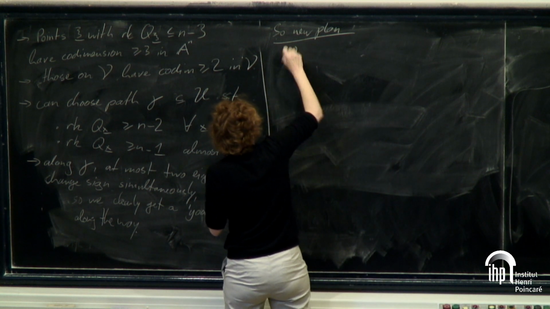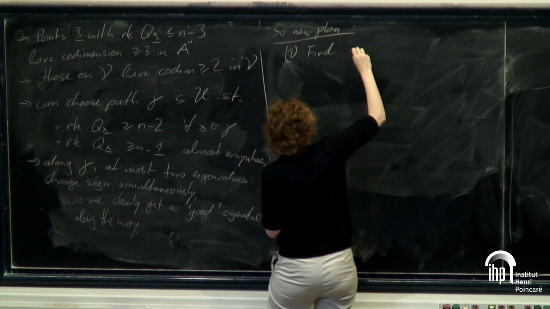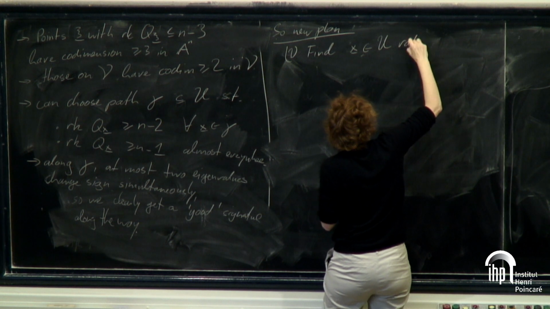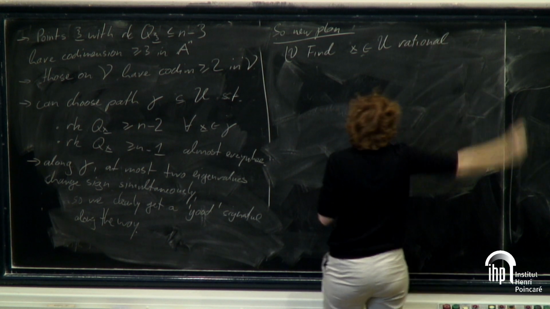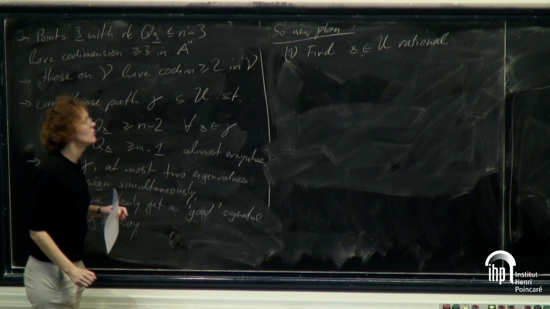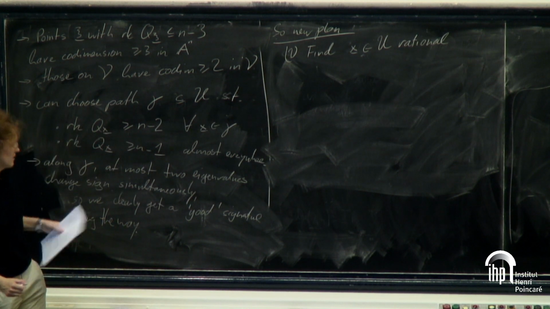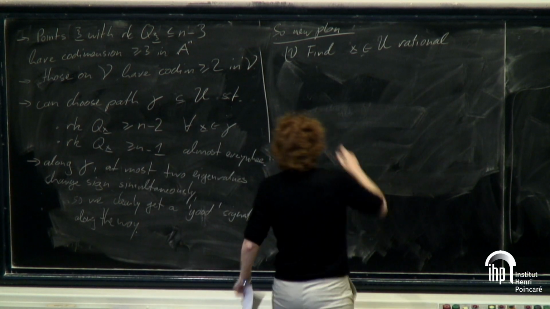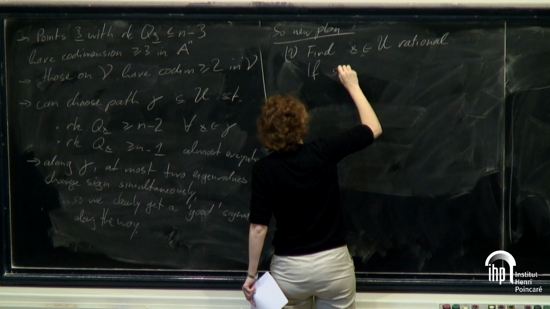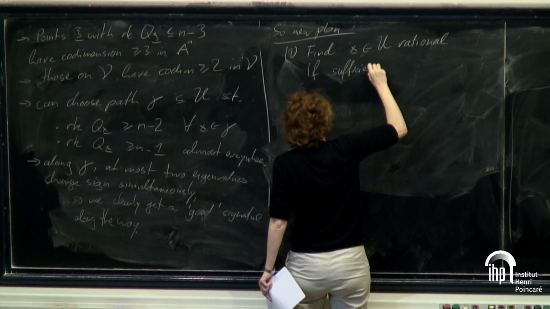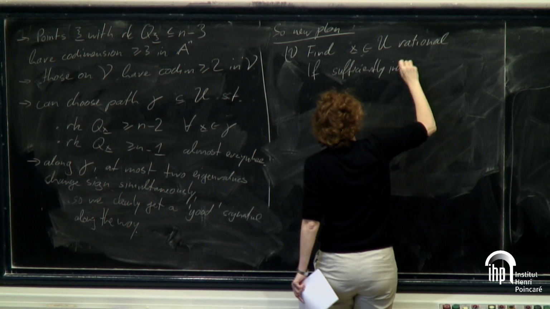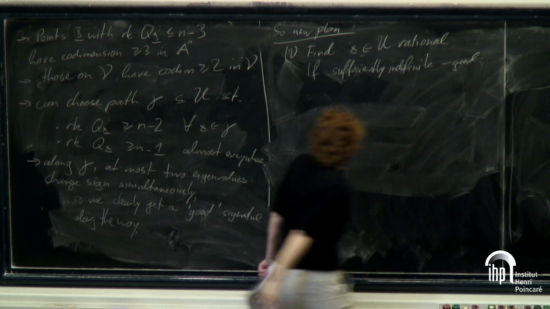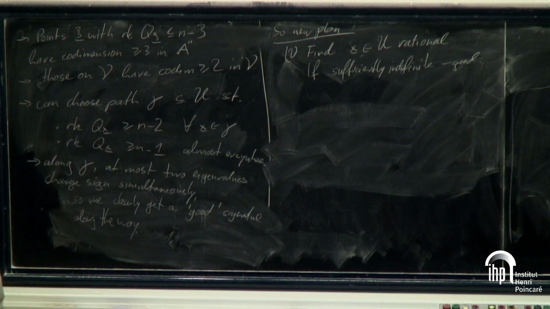So we find a rational point on our connected variety that reflects, and if it's sufficiently indefinite, that's good. If not,